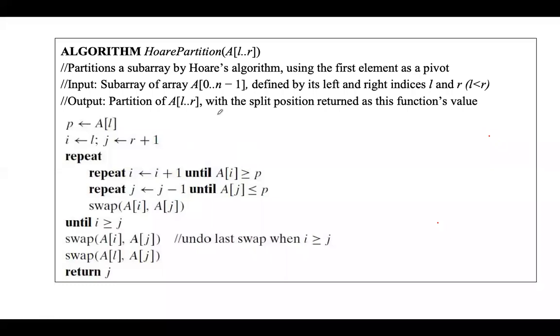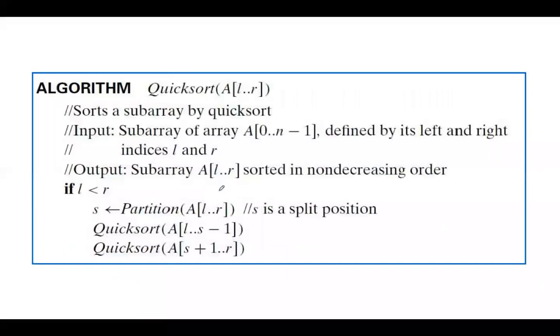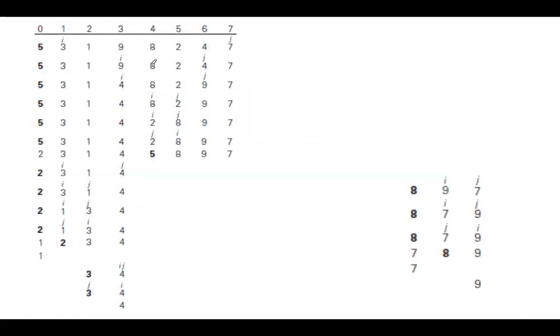So first is the partition algorithm, and then we apply quicksort for the left side array. Once partition is over, the partition element divides the array into a left part and a right part. So we call quicksort for the left side array as well as for the right side array. That is, you call quicksort from the leftmost element to s minus 1, and you call quicksort for s plus 1 to the rightmost element, that is the upper part of the array. s is nothing but our mid element position.